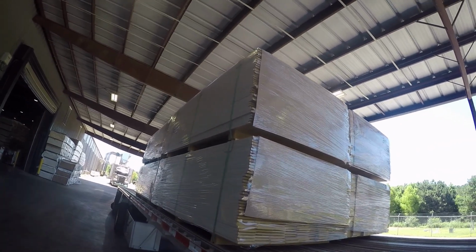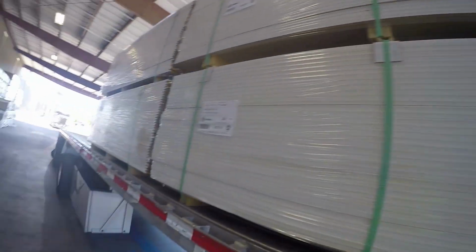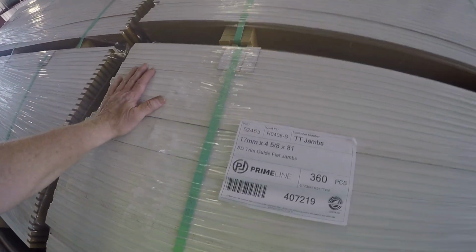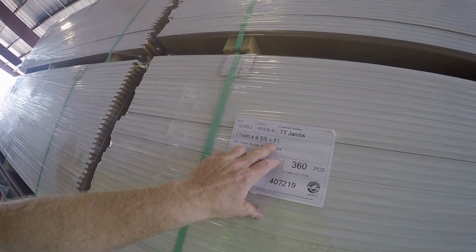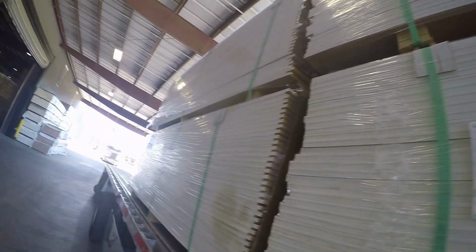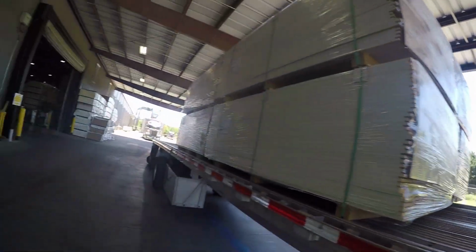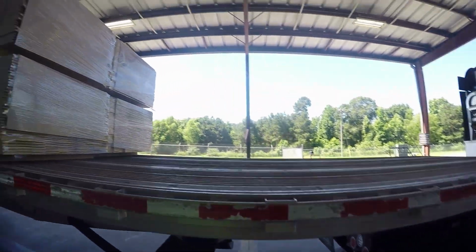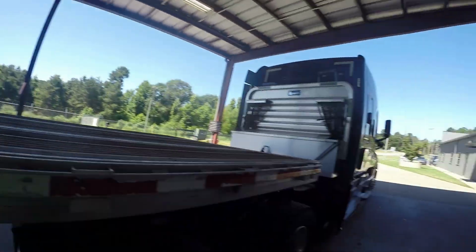Everything I'm getting is this product right here. It's primed trim jams, it says, 81 inches long. So I have 2 straps over each section. Luckily, it's only going to be 2 layers tall. There won't be any oddball 3rd layer on top. Sometimes I get loads out of here and they'll have a weird 3rd section on top, which makes